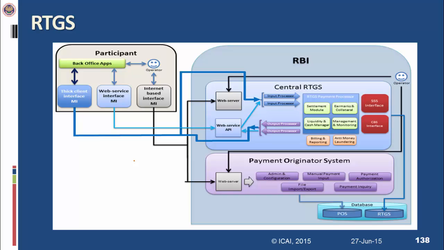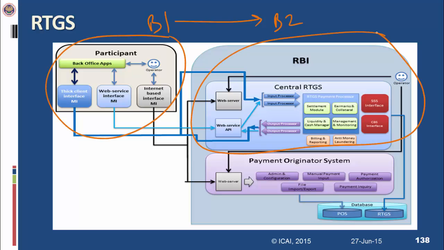Instant transfer was only possible when the accounts are with the same bank, maybe in a different branch or the same branch. But with RTGS, real time gross settlement, the transactions can be processed within 2 hours time. So if a person has given a request for a fund transfer from one bank account to another bank account, then also it can be transferred within 2 hours time. This is how the entire RTGS